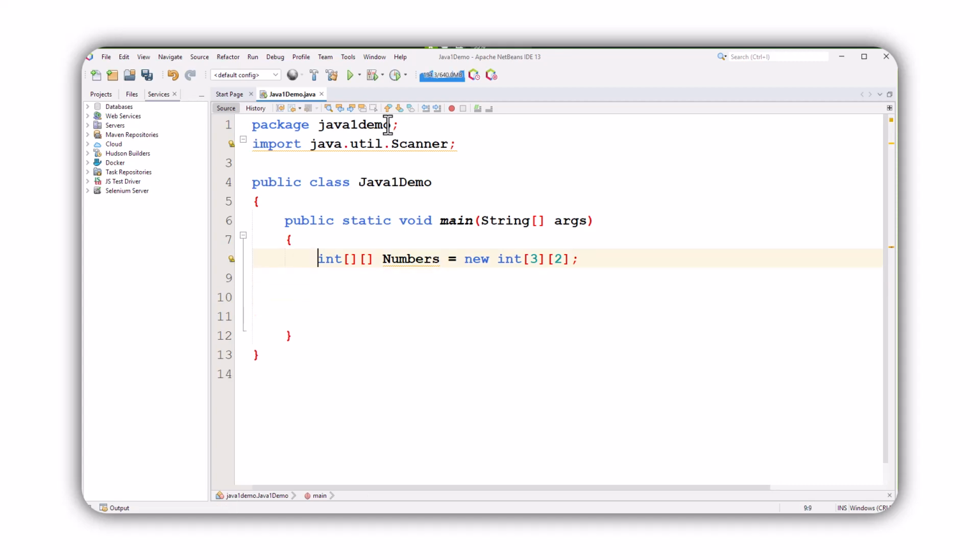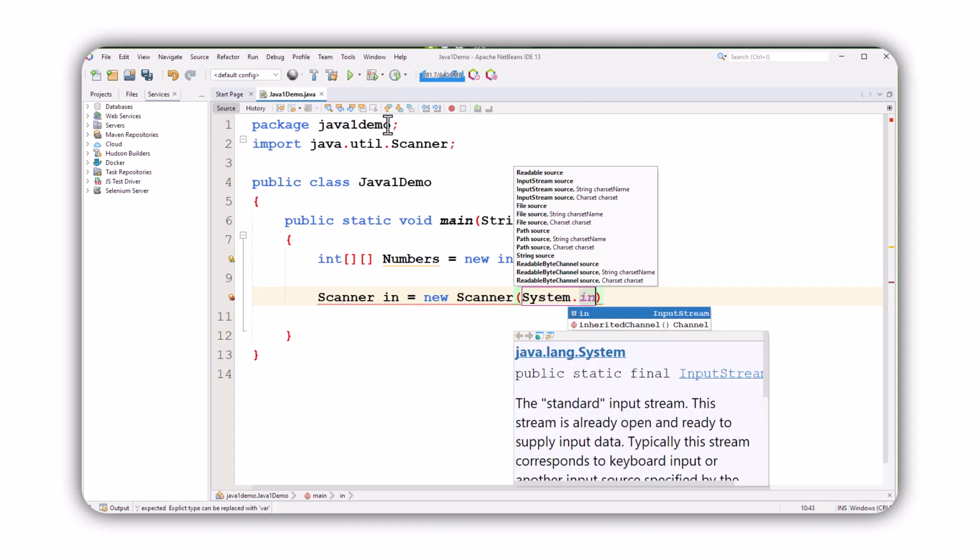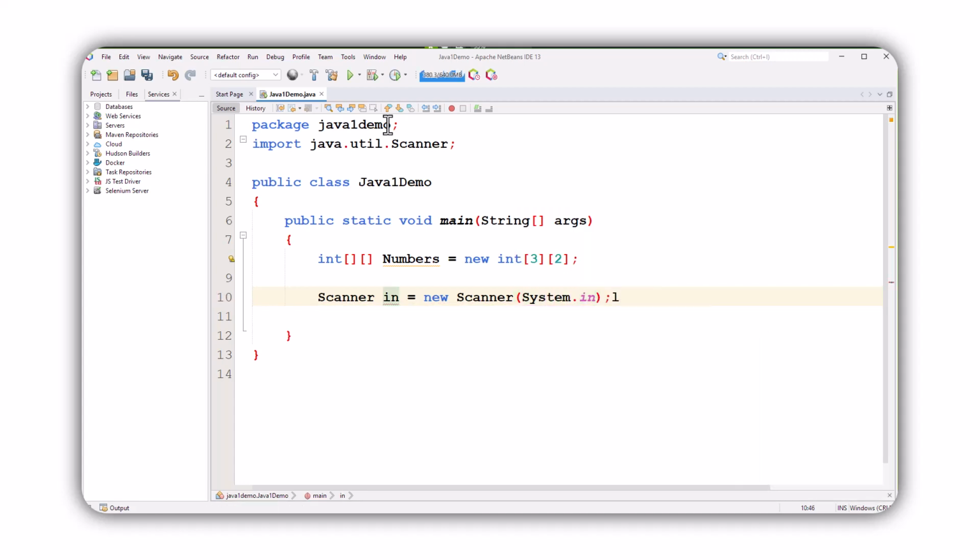Now to use the scanner class, what we need to do first is to create an object of the scanner class, something like this: new Scanner, and here we can use System.in, which means input. Now we have a double dimension array. It means we need to have 2 for loops so that we can take the input into rows and columns. So we can say